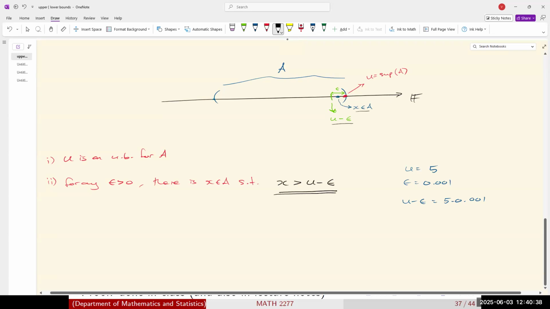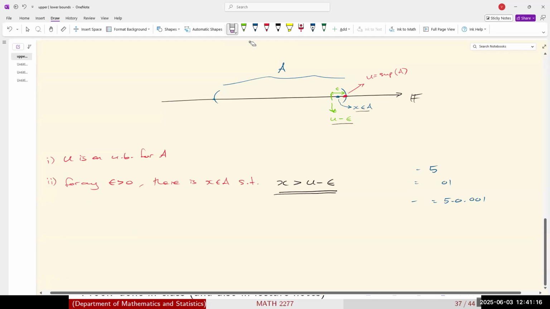That's all the characterization of supremum is saying. That the supremum is an upper bound for A. And if you take any small number away from the supremum, so if you work out U minus epsilon, you reduce the supremum by any little bit, you will find an element X belonging to the set A in between here. In other words, you will find an element X bigger than U minus epsilon, right? So